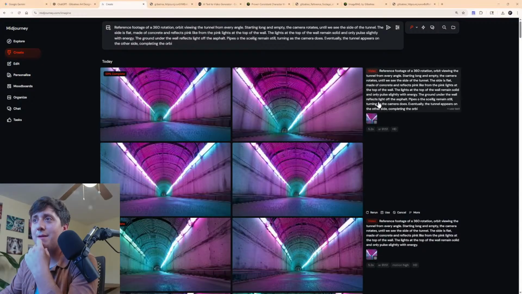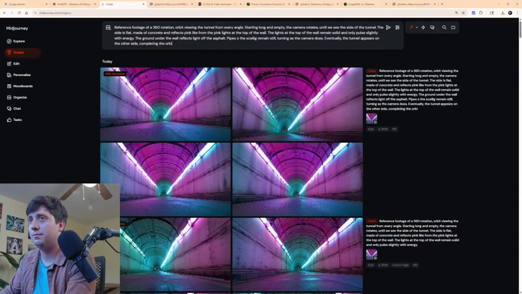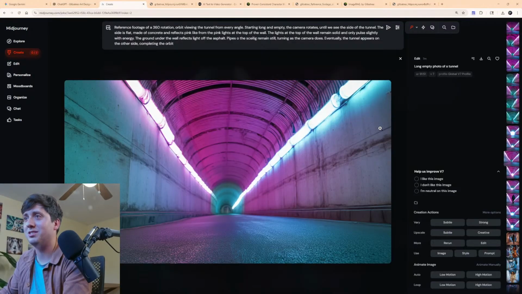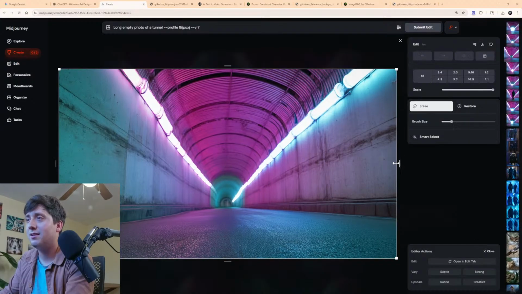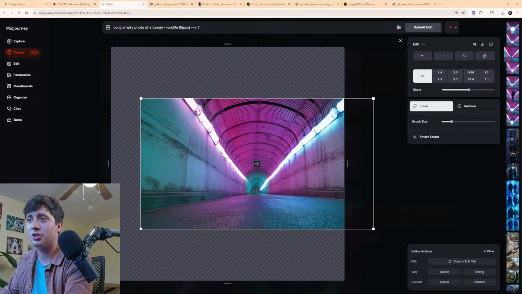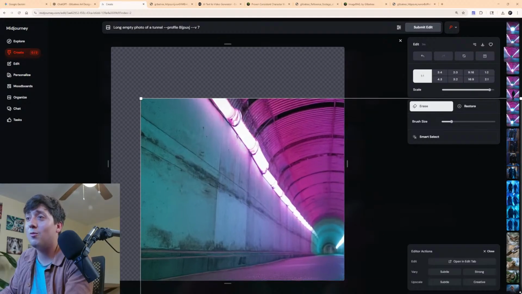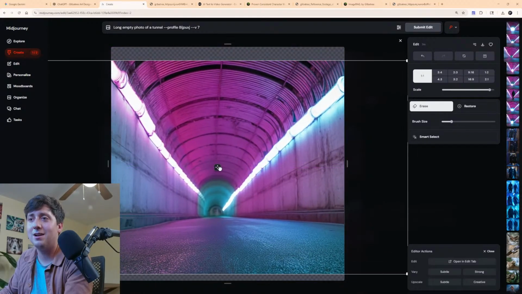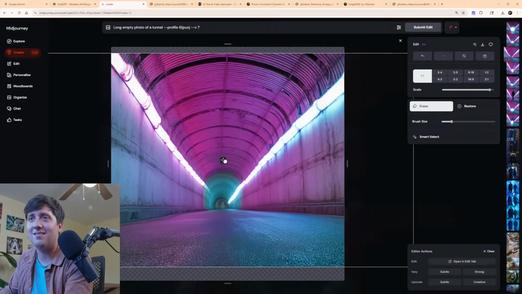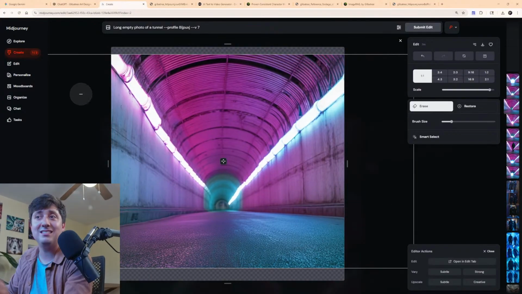We may be able to do something with a starting frame and an ending frame. I also find that squares are just smarter in Midjourney for whatever reason. I'm not sure why, but if you have a scene that is sort of